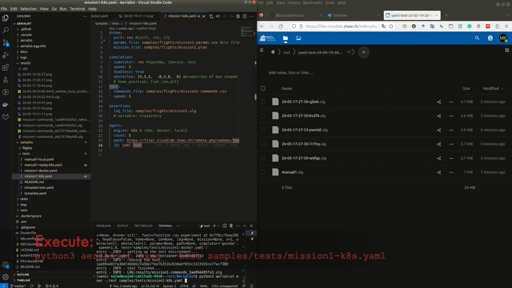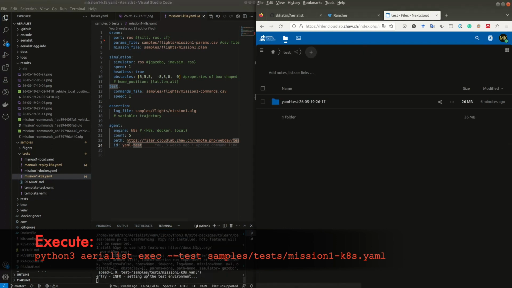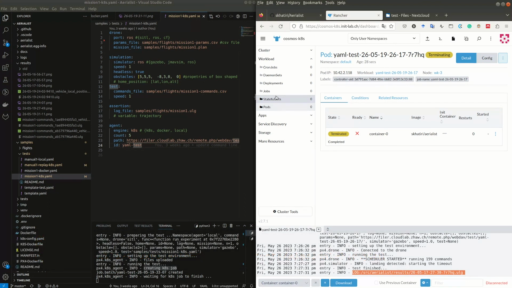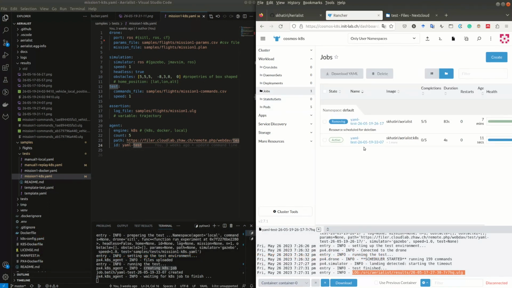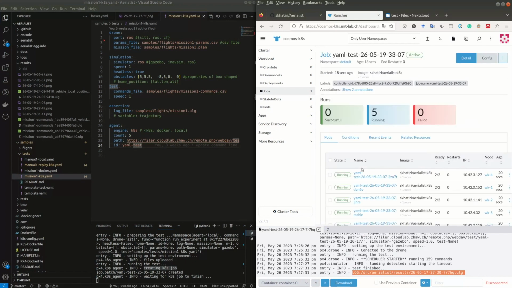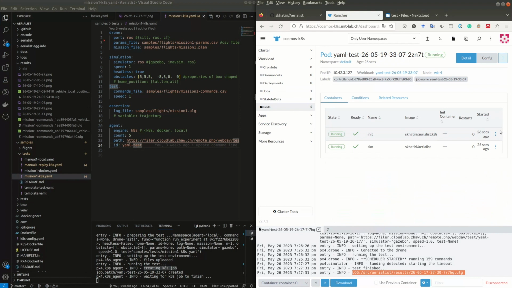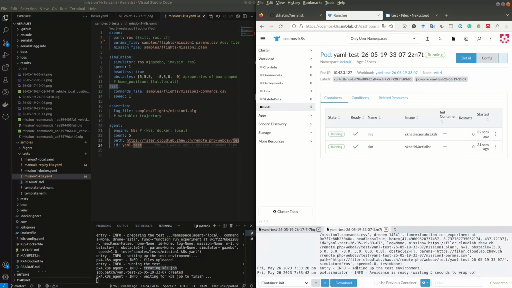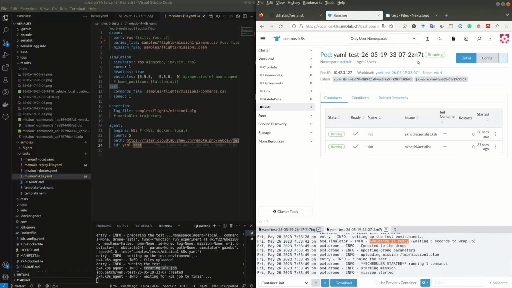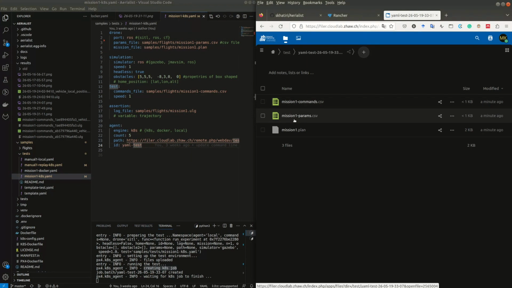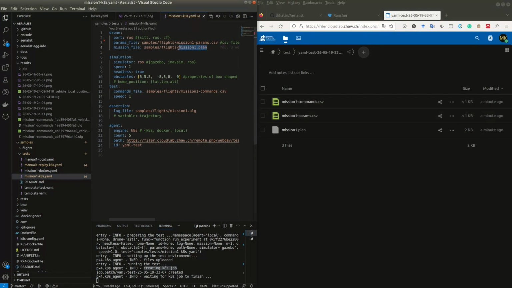So when we run the command line, we will see the files copied to the Nextcloud, then shared with the new Kubernetes job that we have. You see 5 parallel pods are running, each of them running a separate simulation. And the same behavior that we could see before in the Docker execution is happening this time in the cloud. Then when the tests are finished, the flight logs will be copied by the simulation containers